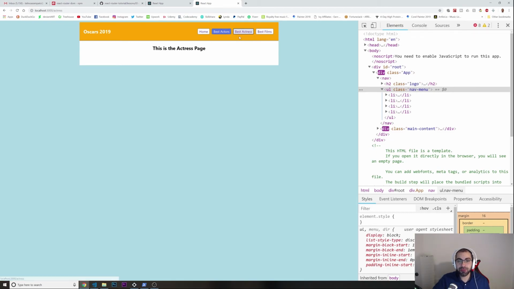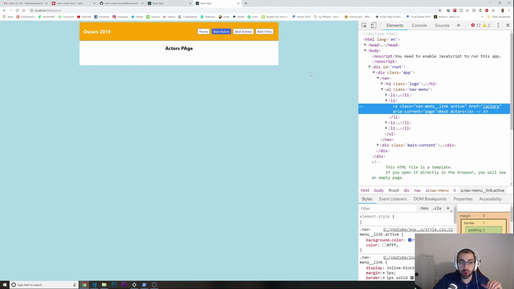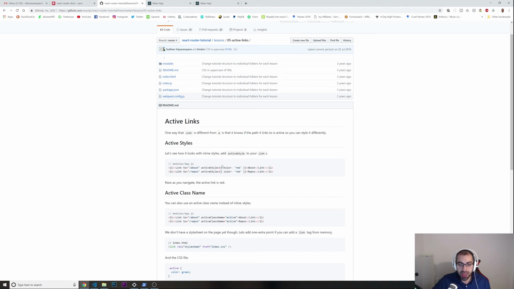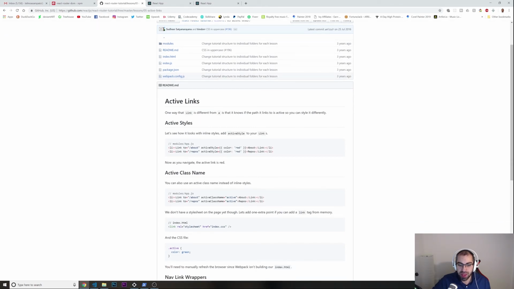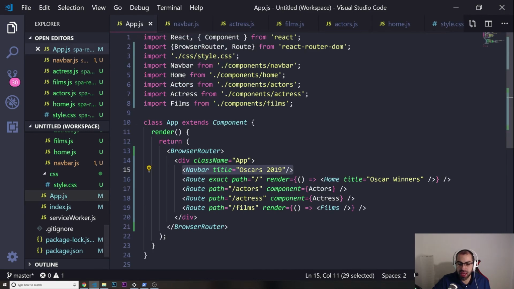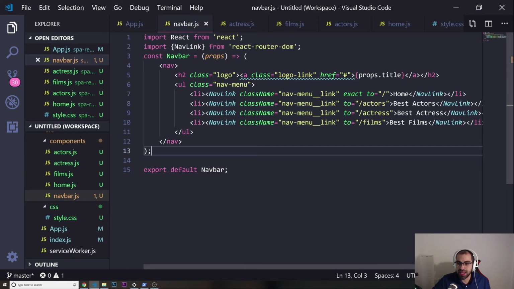But let's say for example that you don't want to use this class of active that React puts by default. You can actually change this class. Look, in here I'm taking this from the GitHub repository of the React Router DOM. You could actually go in here where it says activeClassName. Okay, I'm gonna put this one in here, where it is, App.js, navbar, and in here, look, in your nav links or whatever, you could just put something like this,